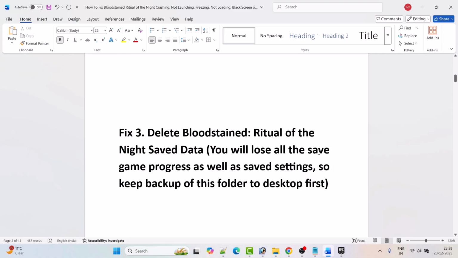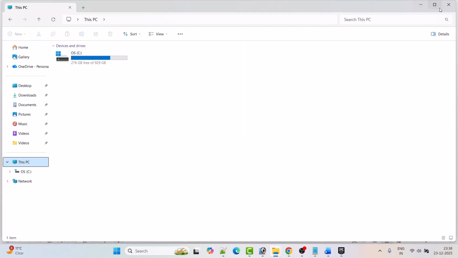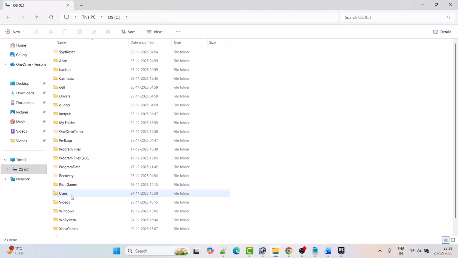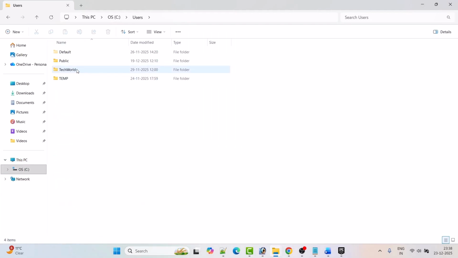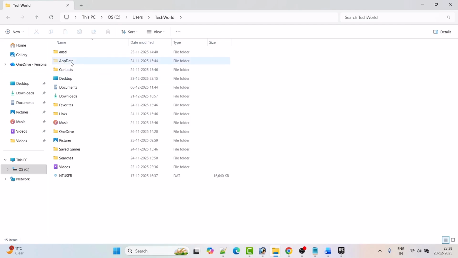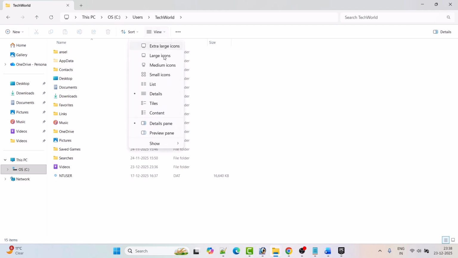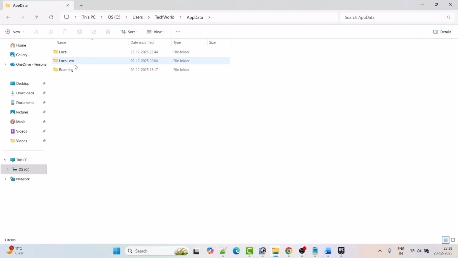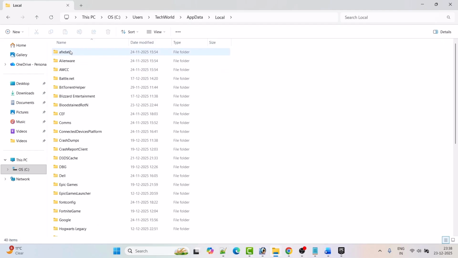Now you will lose all the save game progress as well as saved settings. So keep the backup of this folder to desktop first. So here's how to do it. Open File Explorer, open C drive, open Users folder, open your username folder, then open AppData folder. Now if you don't see this AppData folder over here, then click on View, Show and check mark hidden items, then open AppData folder, then open Local folder and then right click on Bloodstained ROTN folder, copy